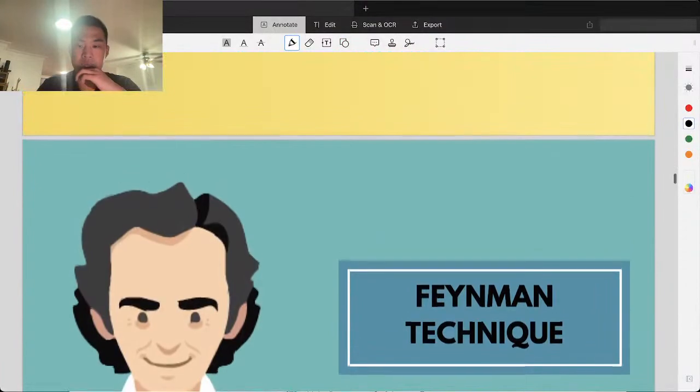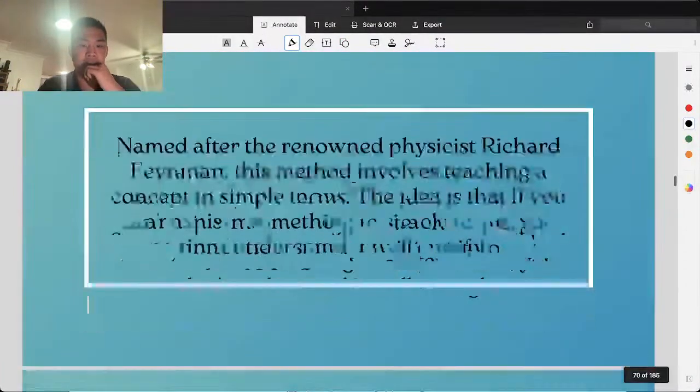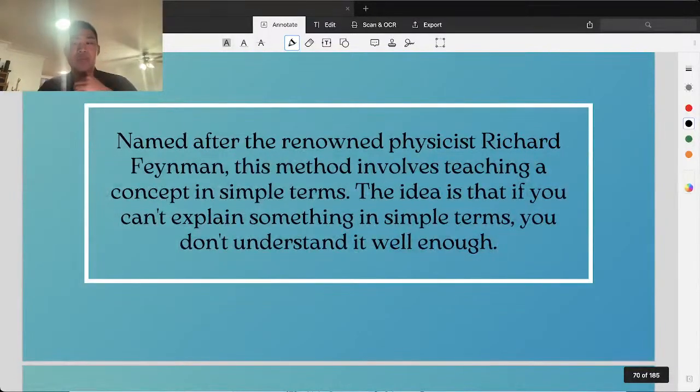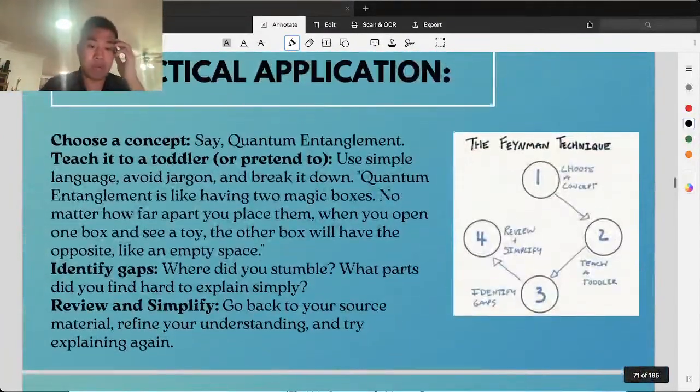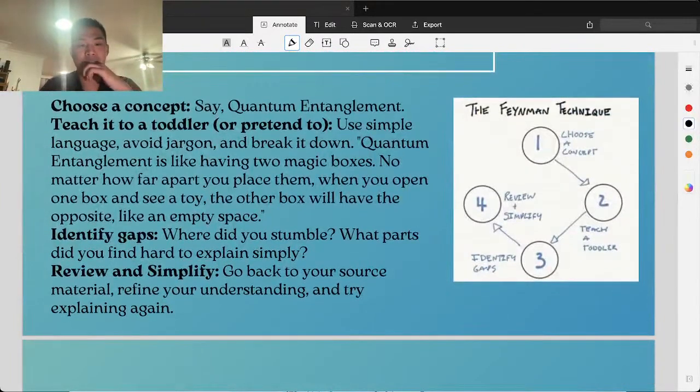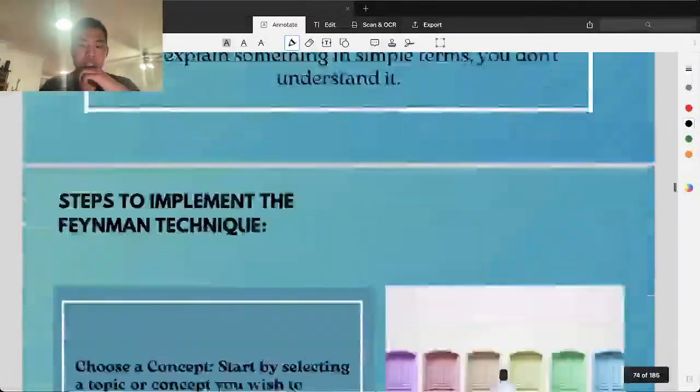Cool. Next one that we're going to go through is the Feynman technique. So this is developed by a guy called Richard Feynman, and this method involves teaching a concept in simple terms. So the idea is, if you can't explain something in simple terms, you don't understand it well enough. Now, the practical application of this is quite simple. So number one, you can teach it to a toddler. So if you have a little brother or little sister, you can try teaching it to your little brother or little sister,